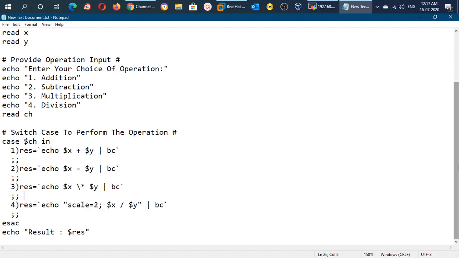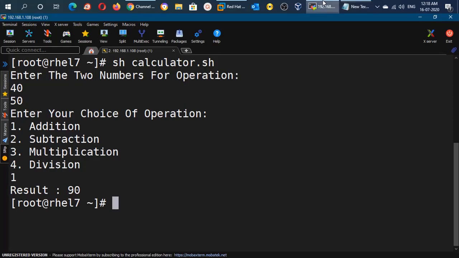And the result has been stored in this res variable, and after the execution of the script the system is showing the result with the help of this variable. It is calling the value of this variable with this $res. So in this way the result is displayed on the screen.